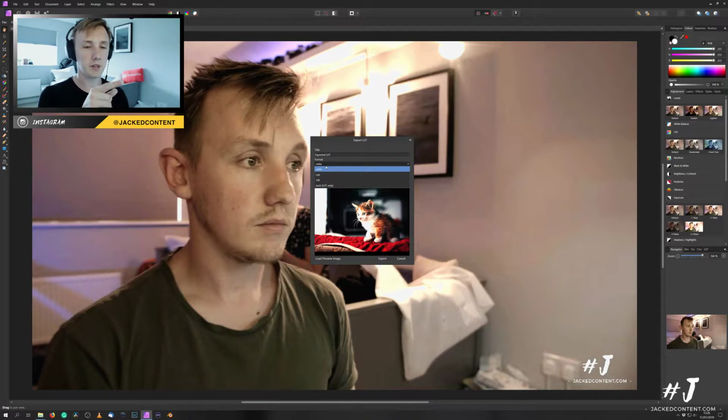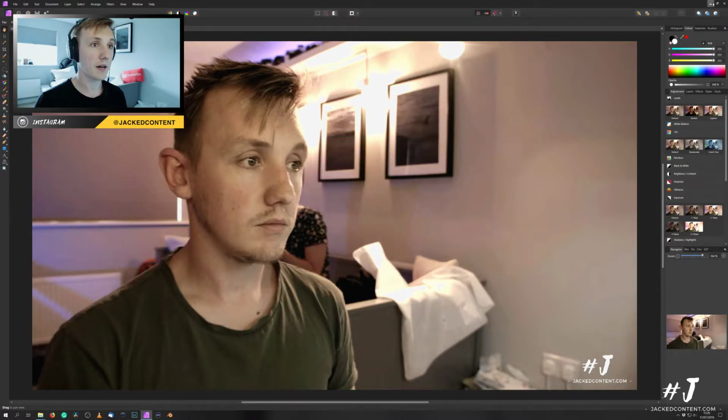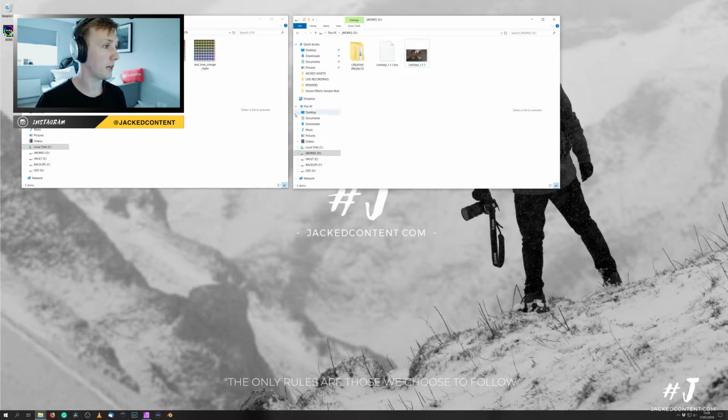Basically in Photoshop you'd go File, Export, Color Lookup Table, but I basically just exported it as a .cube. I left everything as default, and then you'd export it. And what you'd get would be